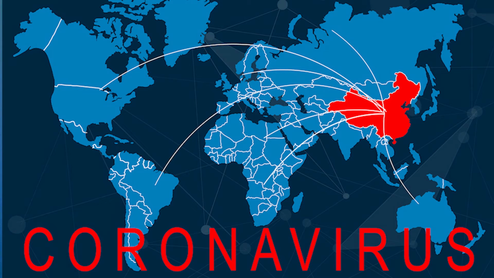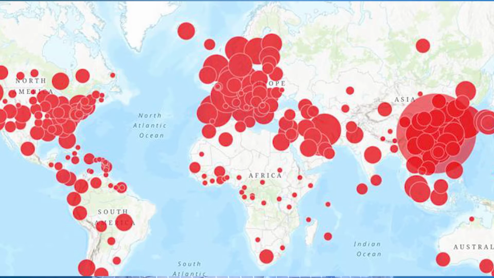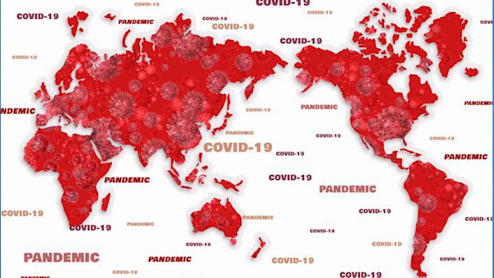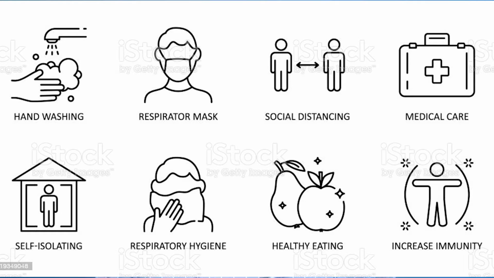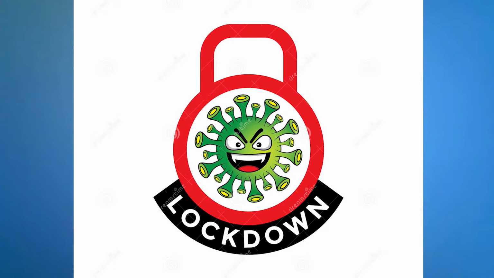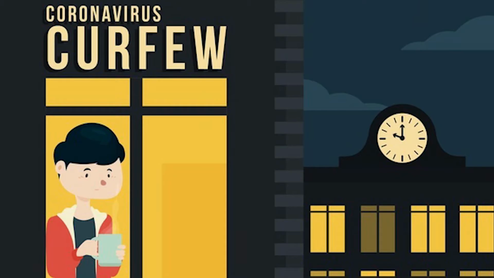Soon after, new cases were reported in other parts of the world. The number of cases rose quickly and grew exponentially. Eventually, the outbreak had become so widespread that it was labeled a global pandemic. Many countries around the globe instituted protective measures intended to stem the spread of the virus. These measures included lockdowns, quarantines, and curfews.